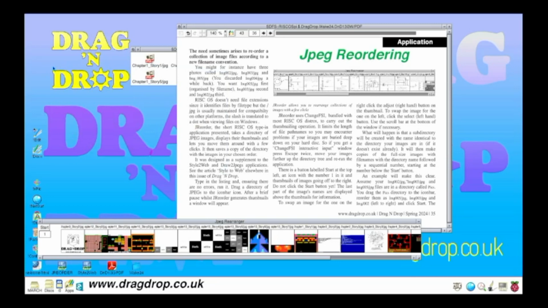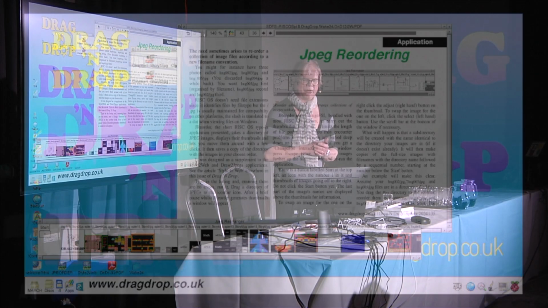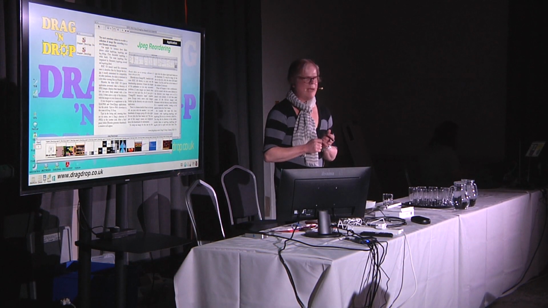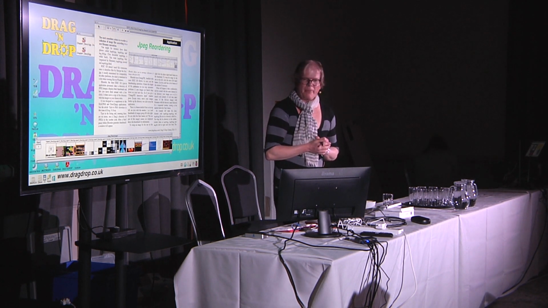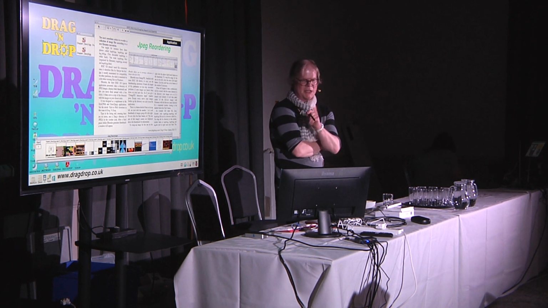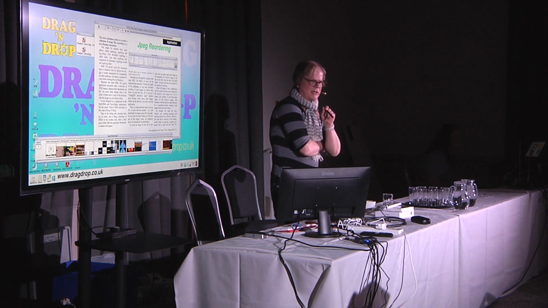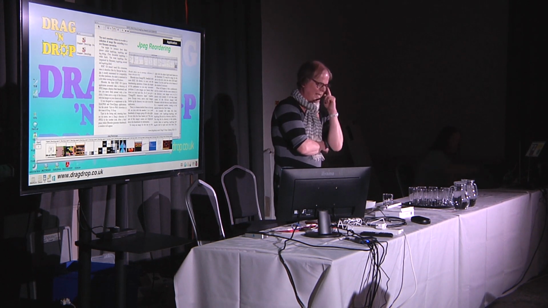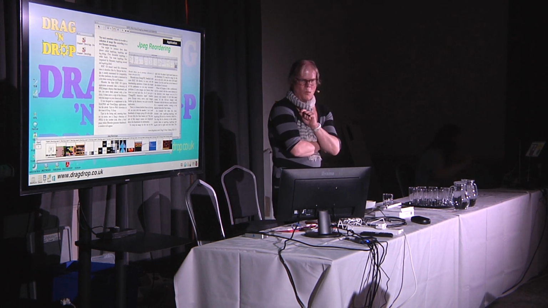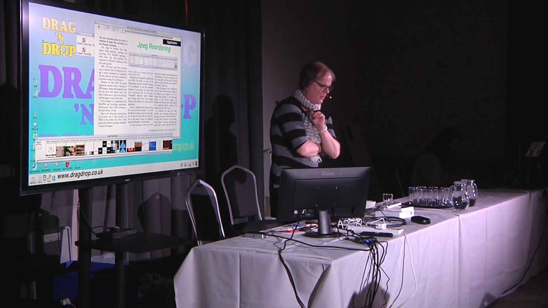Now, what we do generally in Drag and Drop is to present the bare bones of an application and make suggestions for improvement. So one of the things that you could potentially do with this little application is perhaps let the user click and drag the pictures to another position and do it like that. But that's something that's left to you, which you can do with the help of,